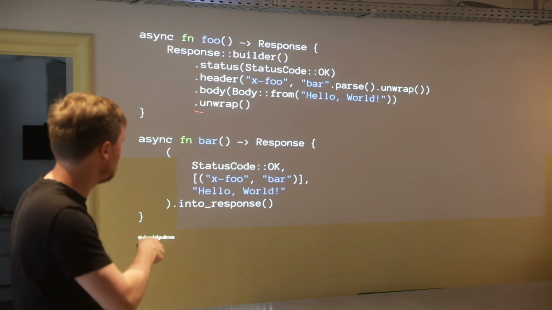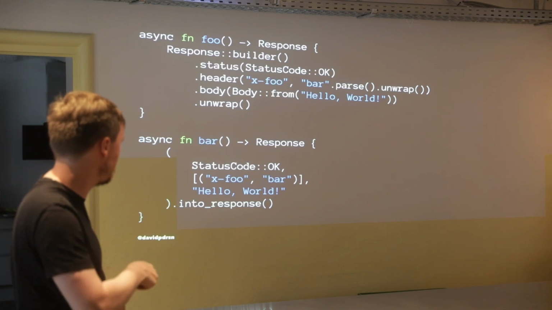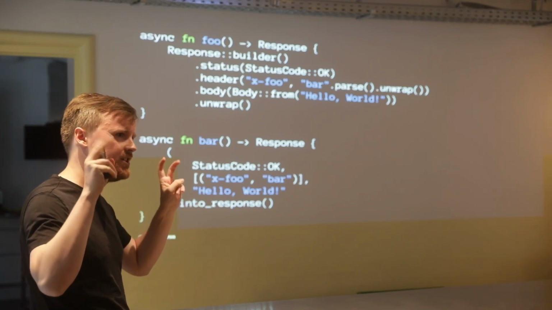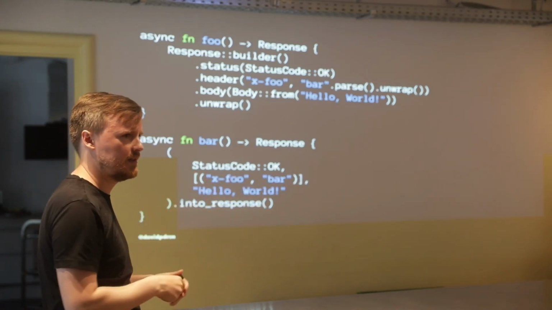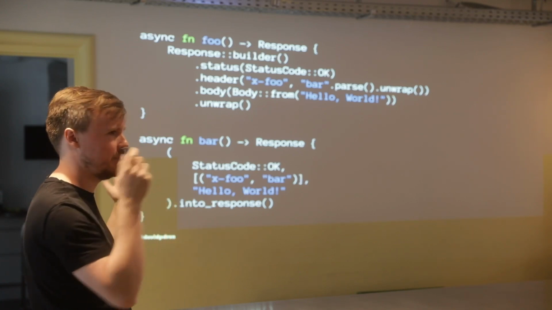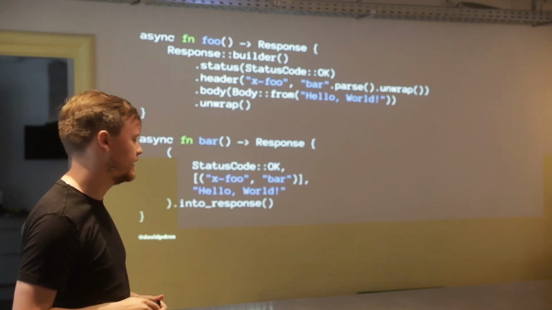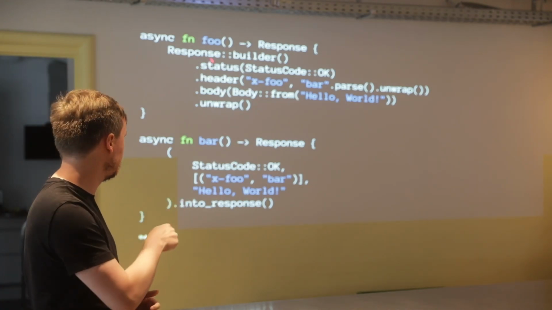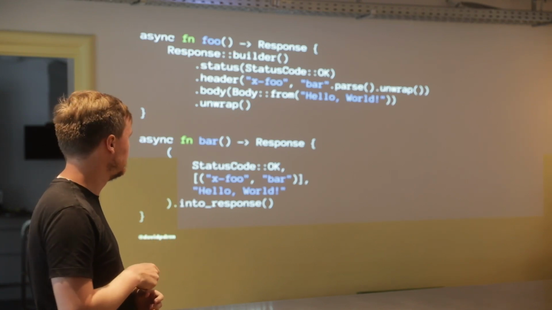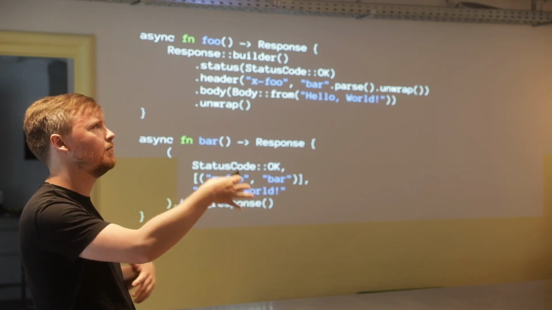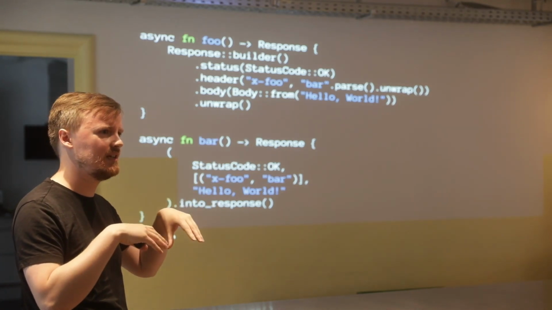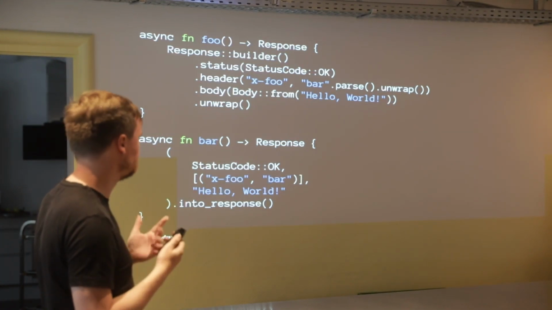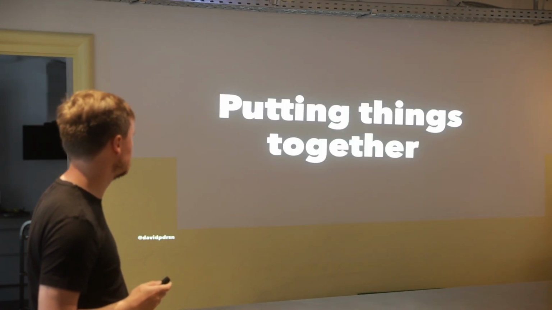So what's really cool, and why this one is strictly better than this version up here, is that all these types in the middle, like I mentioned before, it's an array here, but it could be a cookie jar type implemented in some third-party library. It just implements Axum's trait, and then it just magically works, and it just sort of sets headers. That's why I think this system is better, because it composes much nicer. If you were to build the same thing with these builders, I don't even know yet, but you'd have to have methods that take a mutable reference to the response builder or something, but then they can change the body, which is kind of weird for a cookie library to do. I don't even know. So yeah, I definitely think the last version is nicer.